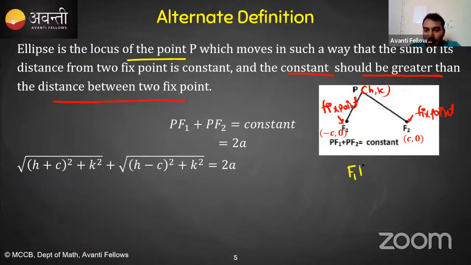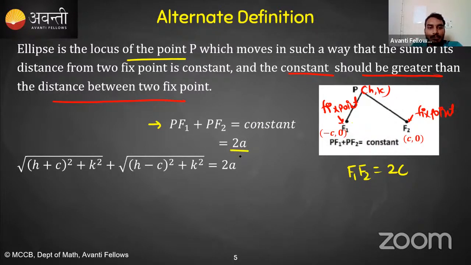Distance between F1 and F2, these two fixed points, is 2c. F1 के कोऑर्डिनेट हैं -c, 0, F2 के कोऑर्डिनेट हैं c, 0, and the distance between F1 F2 is 2c. Okay. So the definition of the ellipse is PF1 plus PF2 is constant. Sum of its distance from the two fixed points has to be constant, and let's say that constant is